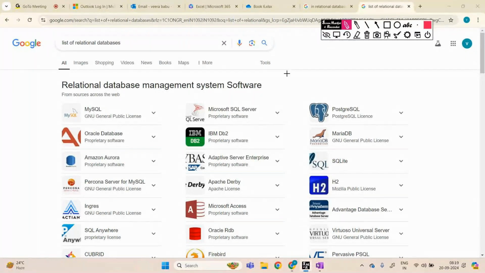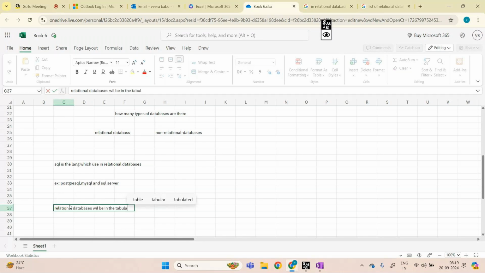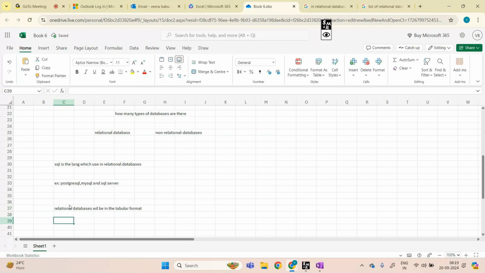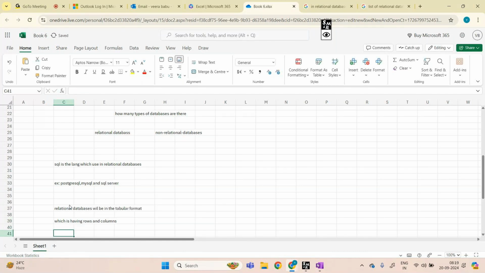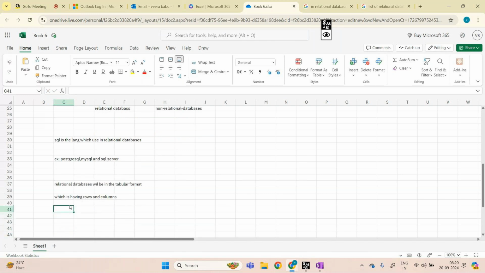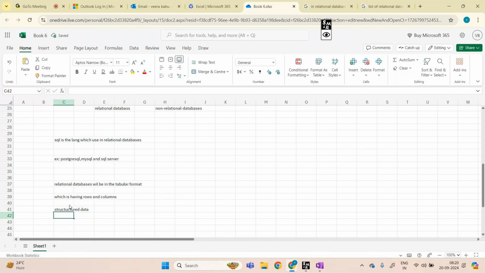Relational databases will be in the tabular format, which is having rows and columns, structured data, and here in relational databases,